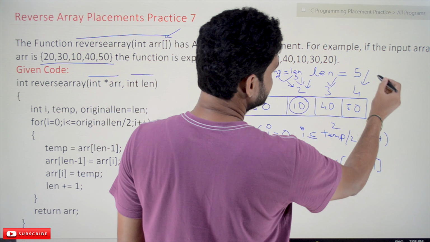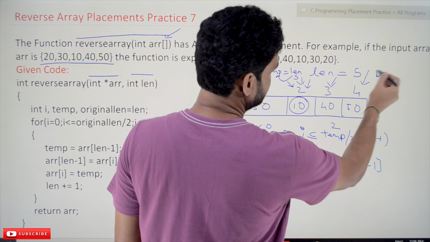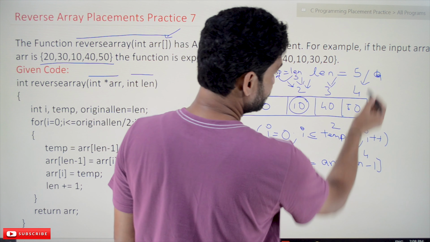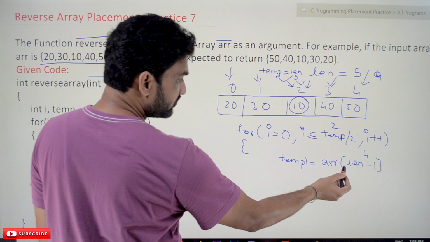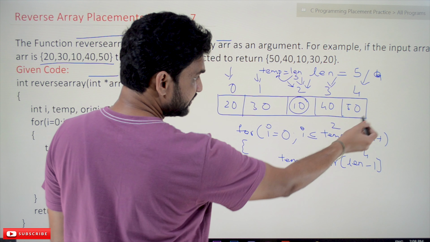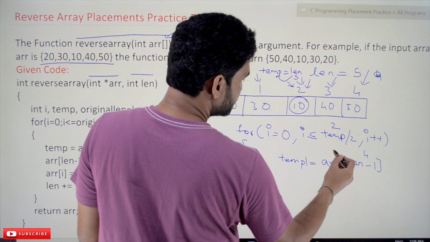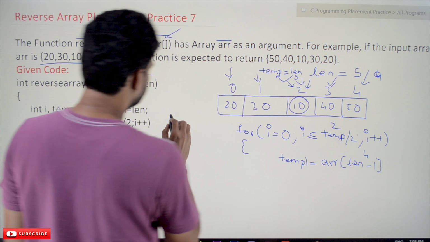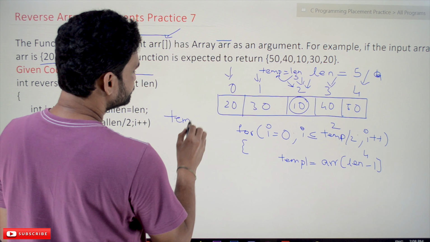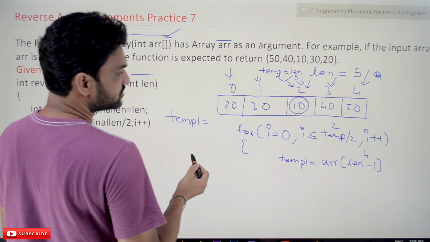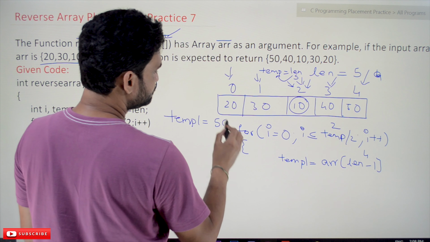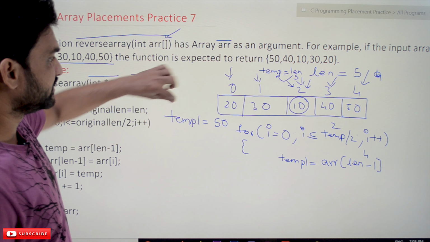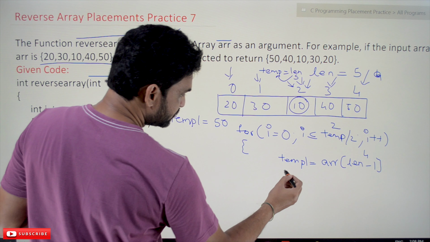ln minus 1 means it is going to be 4. So here it is going to be 4. It is not going to change, it is 4. So now this value will get stored in temp1. So what does the temp1 consist of? Temp1 consists of 50. Now what we have to do is